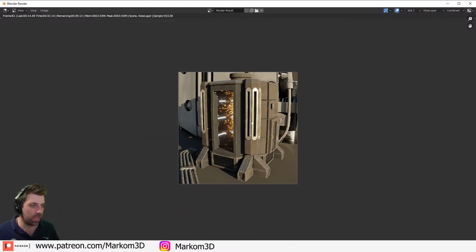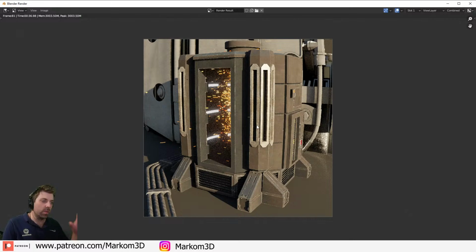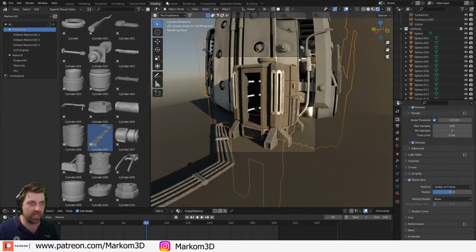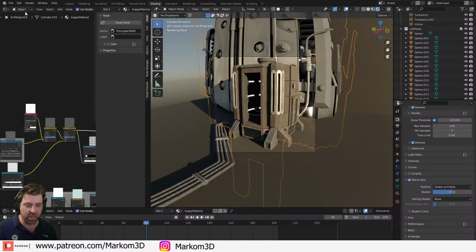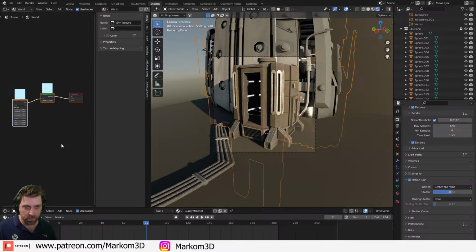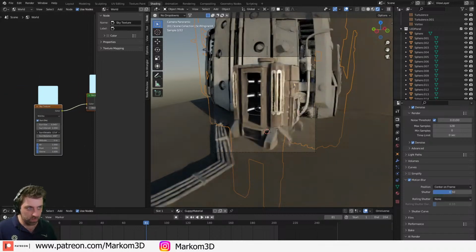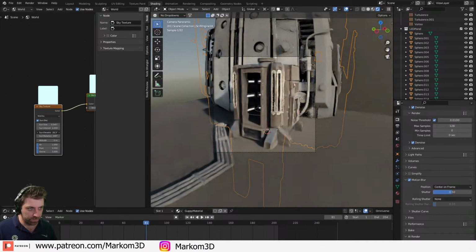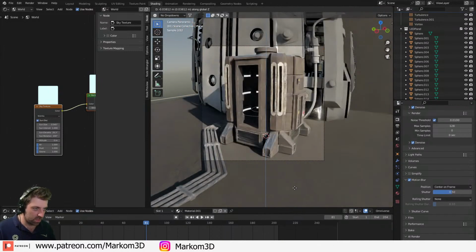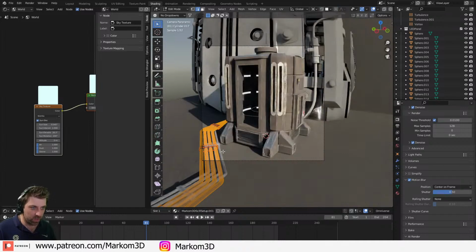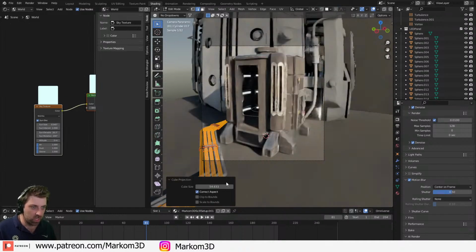I think definitely what we could do is maybe change the lighting a little bit. So let's go into the Shading editor. Let's go into our world tab. Let's go GZ. Just want to bring that down. This here, U, cubic projection,